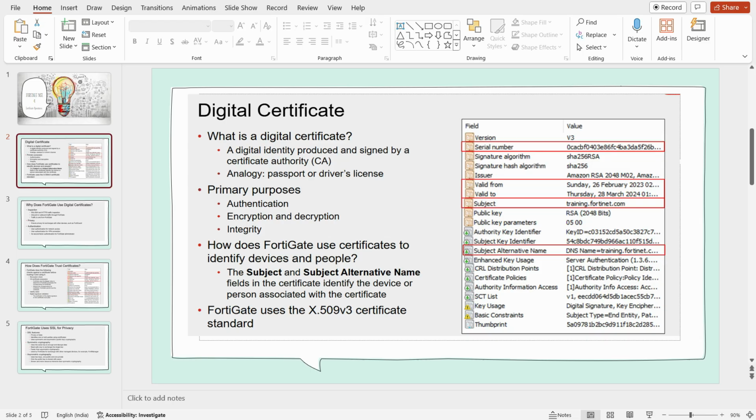So how does it perform authentication? Authentication can be performed using the CN name, the common name, or the subject alternative names, or both, for device authentication.